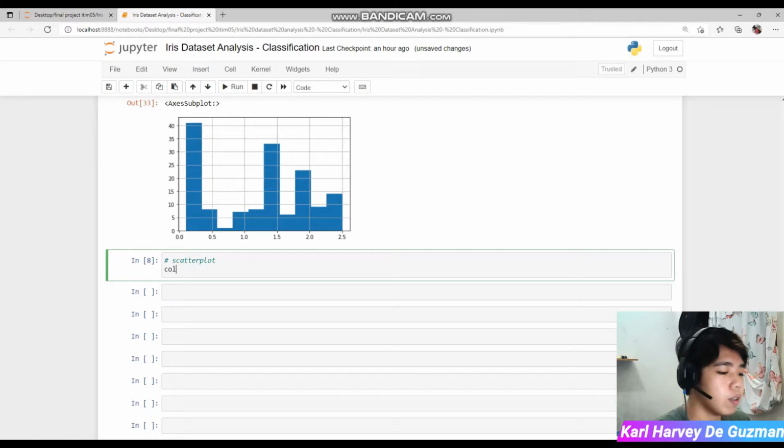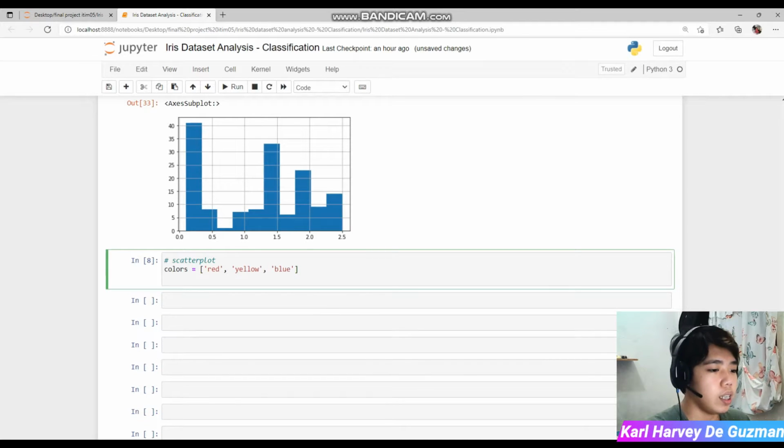So let's do colors equal to, let's type here red, and then let's make the second one yellow, and the third one let's set it to blue, and then of course the species equal to,